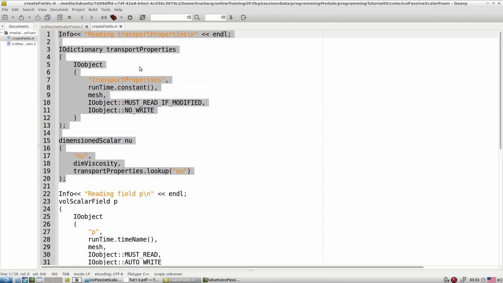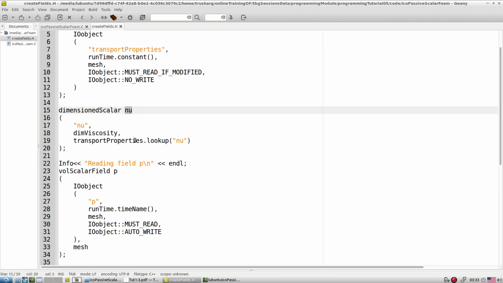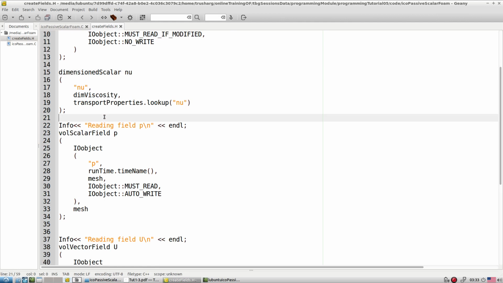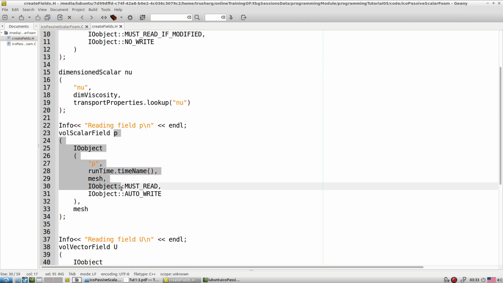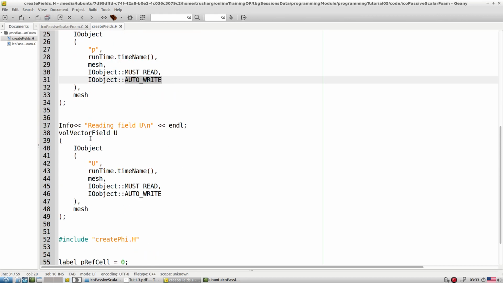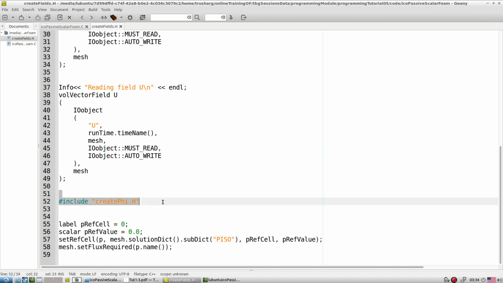From the transport properties we read the nu for icoFoam. Then we read the volScalarField as pressure, where we say MUST_READ and AUTO_WRITE. Then we read the volVectorField as U. So we have U and p as the variables at present. Then we create the field phi, and for reference purposes we set the pRef values. That is what we have by default.